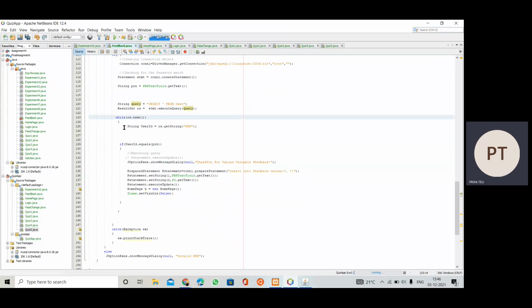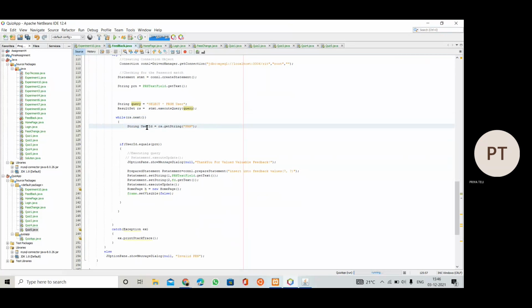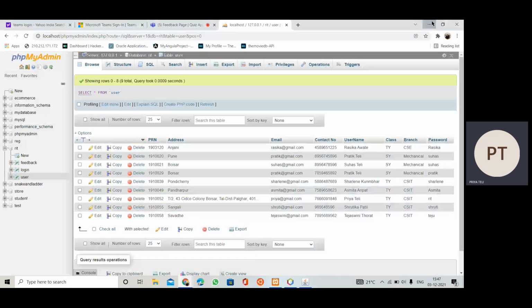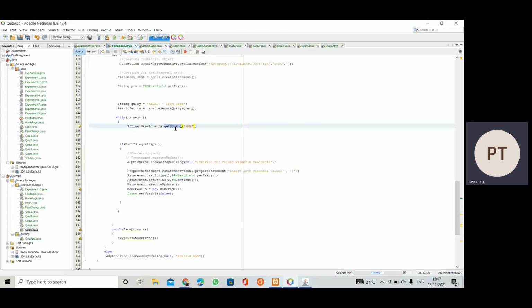So while rs.next, what we are going to do is fetch the user ID, that is PRN, from the particular table. Here we should mention the proper name which is there in the table. So I have here a column as PRN, which holds the roll numbers. So I have used the rs.getString method to fetch any value which is of type string or varchar type.